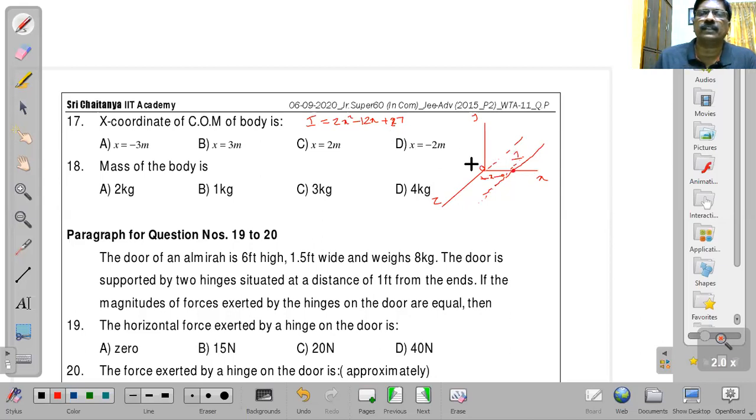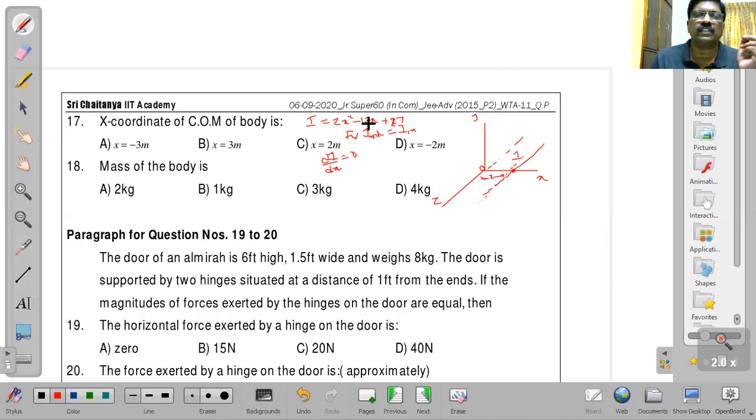Center of mass means definitely about the center of mass, the moment of inertia is minimum, no? That's why if it is to be minimum, then differentiation of this with respect to x must be 0. I minimum is equal to I center of mass. About the center of mass axis, the moment of inertia is minimum. That's why if it is minimum, then dI by dx is equal to 0.